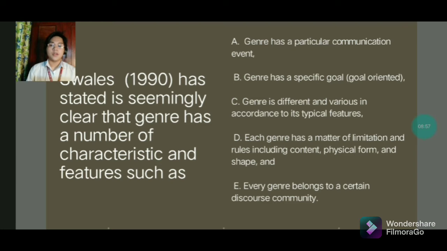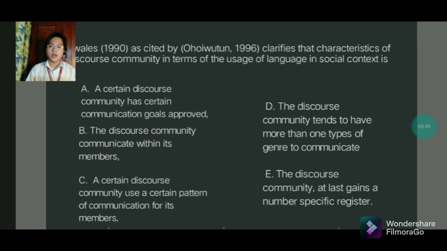To sum it up, in genre, a particular event or social context will determine the context of the whole event. In line with discourse community, it adds that genre is shaped or exists due to the existing discourse community. It is a fact that different discourse communities have different genres due to differences. So, Swales 1990,